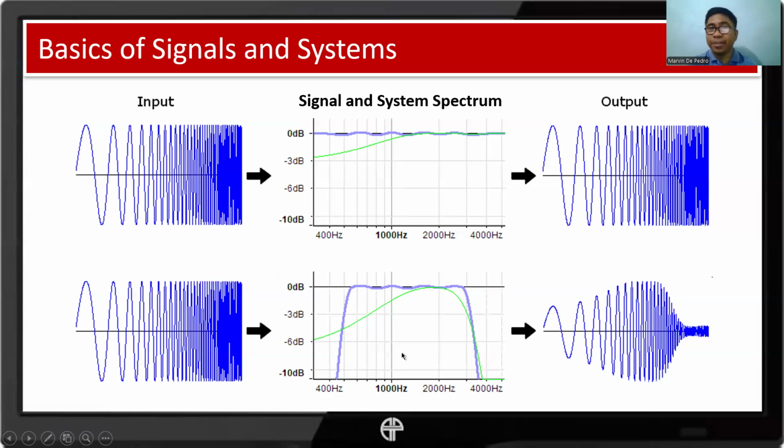And as you can see, there are portions of our signal that are beyond the system spectrum. We have some portions on the lower side, the lower frequency ones, and some portions on the higher frequencies that are not included in our system spectrum. So imagine the tunnel, and the certain track does not fit in the tunnel, then most likely the portions of the track that don't fit in the tunnel will get cut off, will be removed. It cannot go through the tunnel.